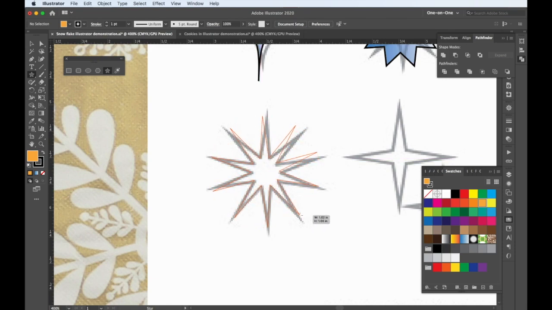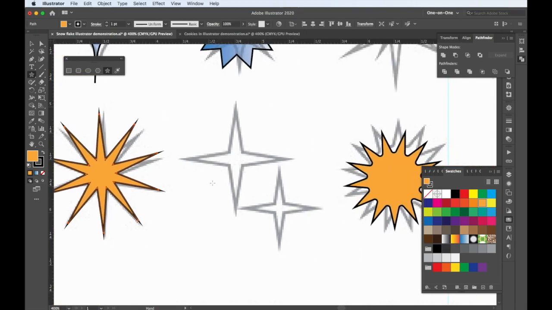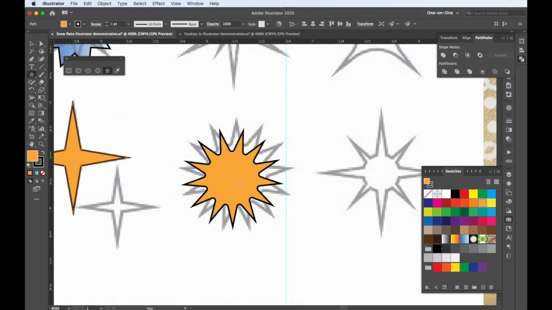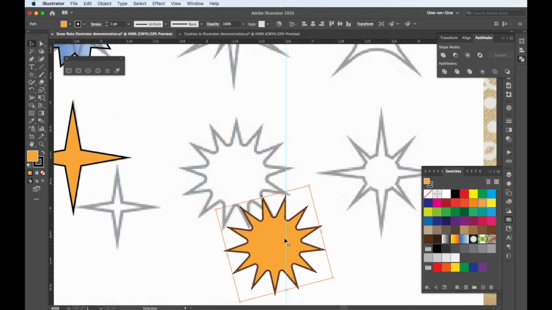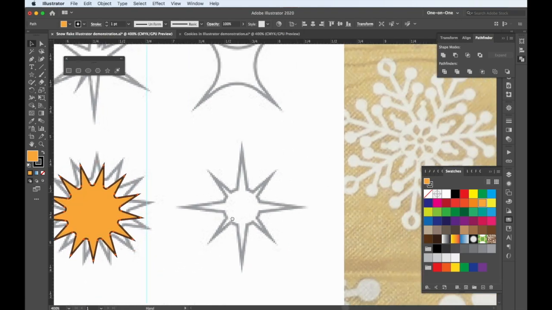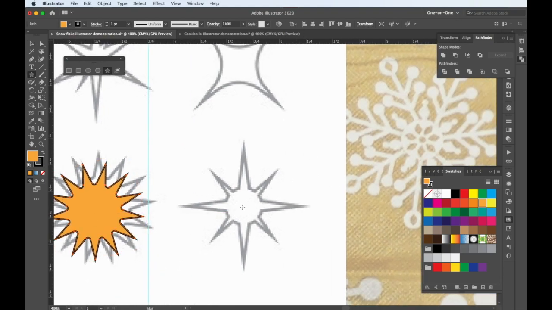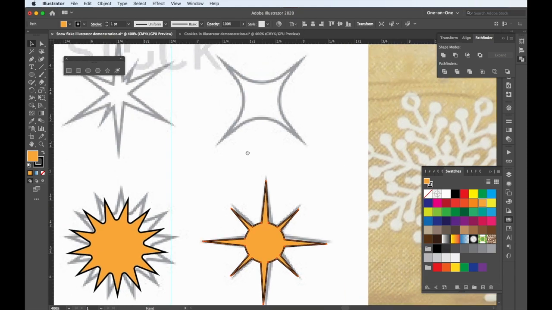Increase the points, set the inside radius with the command key, and then stretch out the point. Here's one with 4. Set the inside radius just to get it tight enough, and that can be duplicated down. This one we can set up there. We'll keep that one, come back to fix that. Here's the 4 points here, so the inside radius is going to be just a little bit, just need the arrow, nice sharp points, and then a circle, and then selecting it all is going to make it a union